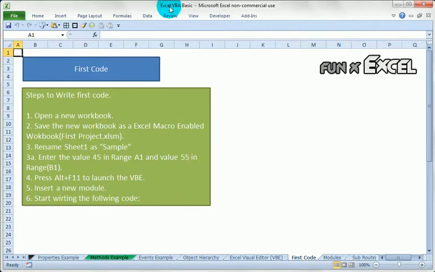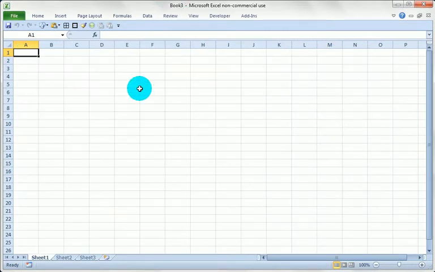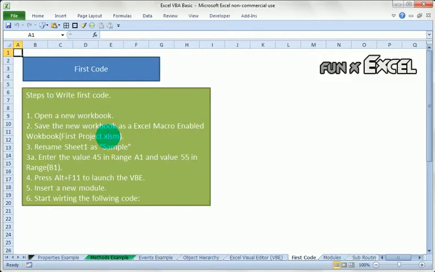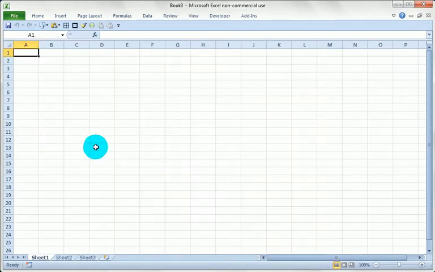That's Control N. Once I open the new workbook, I am going to save the workbook as first project.xlsm. It's basically macro enabled, and then rename the sheet one as sample. So I'll just go back to this. I will rename this as sample